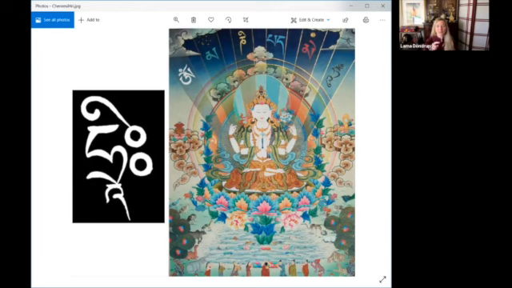And just so you know, what is up above Chenrezi in the sky, those are the syllables of his mantra. And we'll be visualizing them in his heart center and in our heart center. So the Om is white. The Ma, thank you Leslie, is green. The Ni is yellow. The Pe or Pod is blue. Me is red. And then Hung is black or dark blue. Om Mani Padme Hum. So that is the image of Chenrezi we're going to be visualizing.